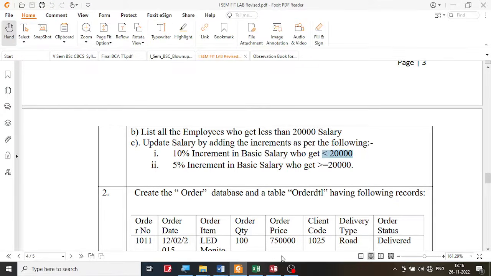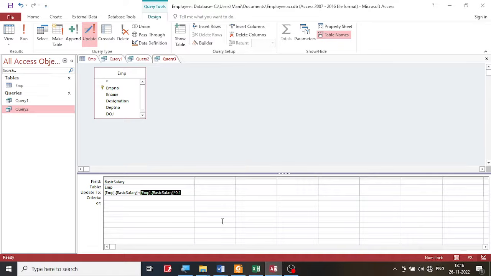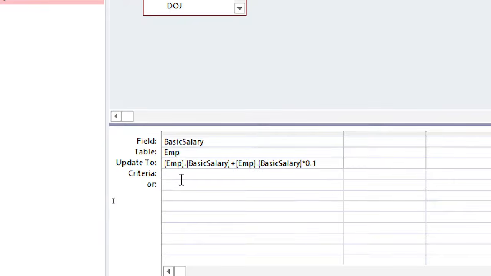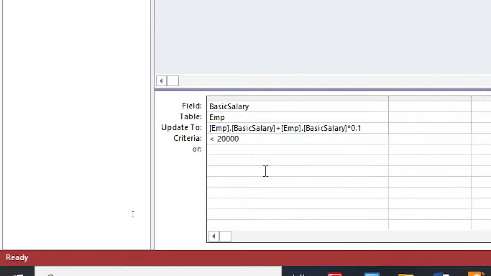So I'm going to use this criteria. Let me copy this and paste it. You may not have that liberty. So the criteria here is all those who are getting salary less than 20,000. If this basic is less than 20,000, then you are incrementing it by